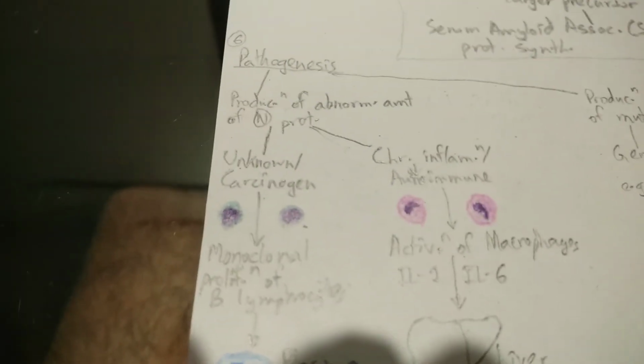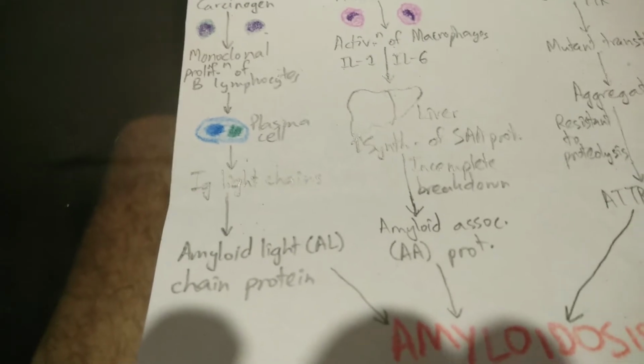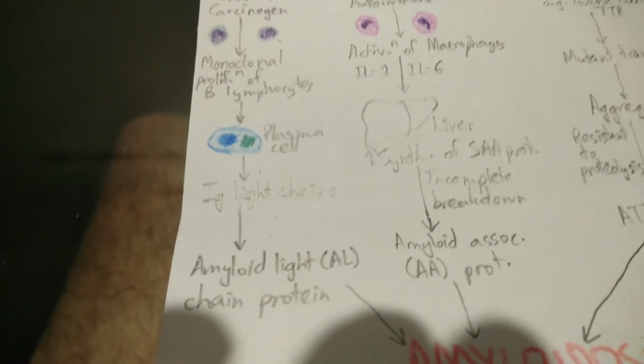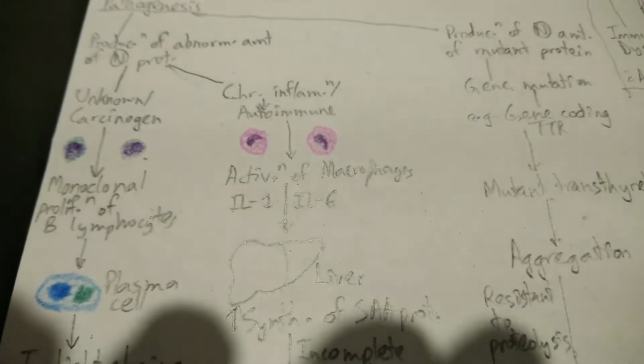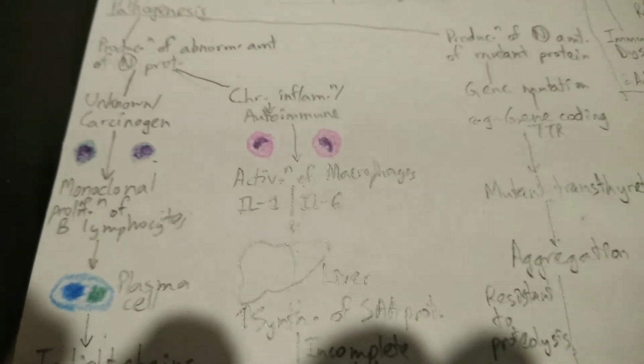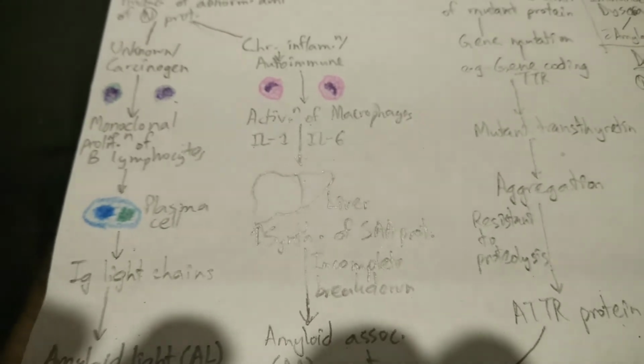Now, in the unknown state, you can find a carcinogen causing monoclonal proliferation of B lymphocytes, forming plasma cells, which then produce immunoglobulin light chains in bulk quantities. And you find amyloid light chain proteins being produced in large amounts, all right? And in chronic inflammatory states, such as autoimmune states, you find activation of macrophages, which secrete increased amounts of interleukin-1 and interleukin-6. These are cytokines seen in inflammatory states. And now, once this reaches the liver, it causes increased synthesis of